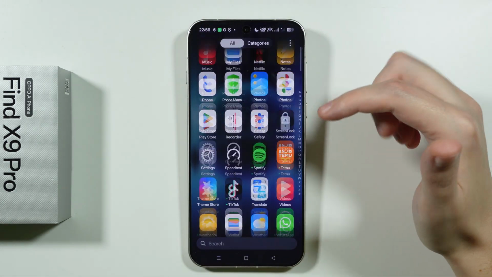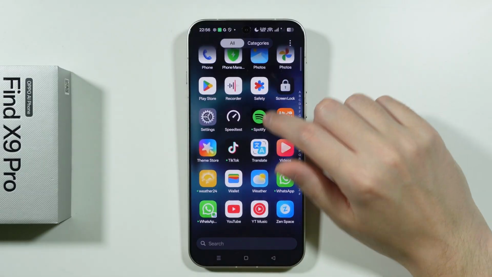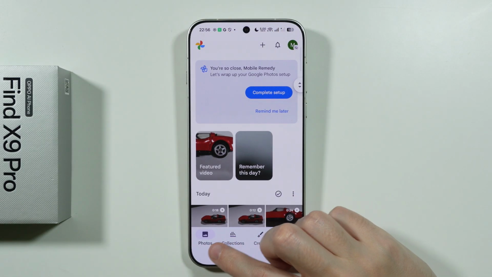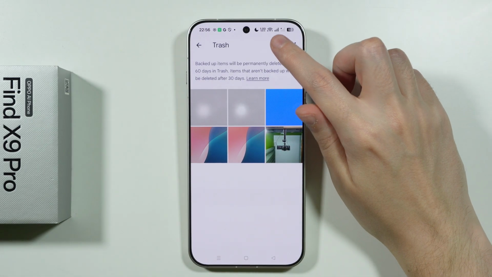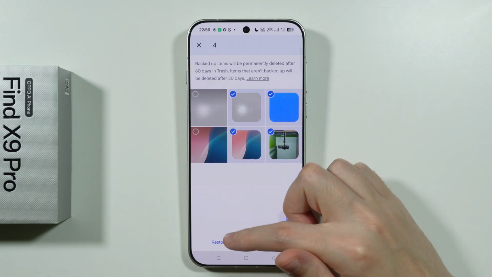Besides that, we have the Google's Photos app. There we go. And in here, in order to find trash, we need to switch from photos to collections. Over here, open trash, and there we go. Tap on select in the upper right corner to choose whatever we want to restore over here by using this